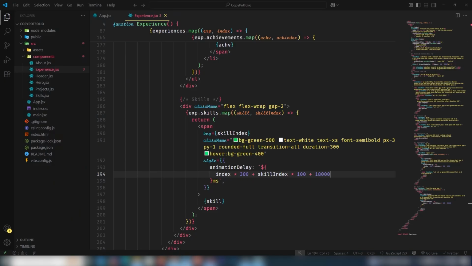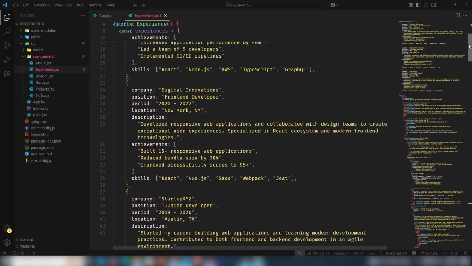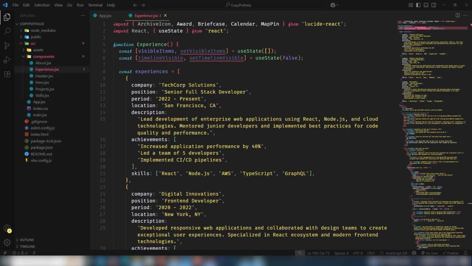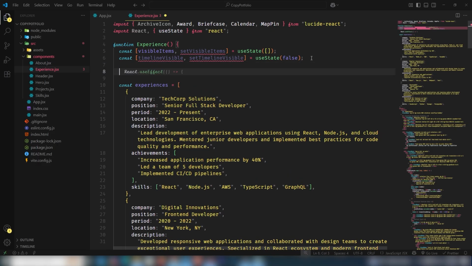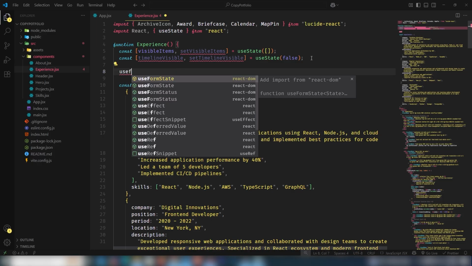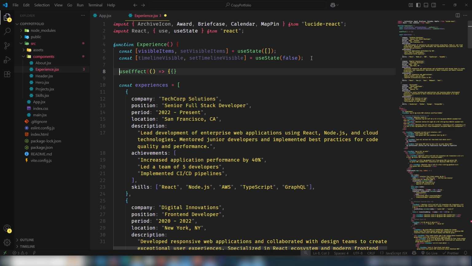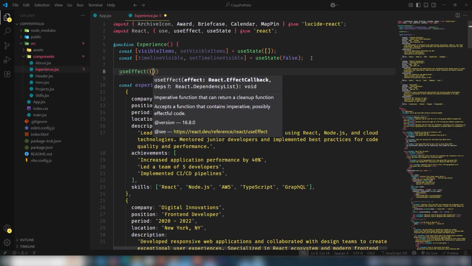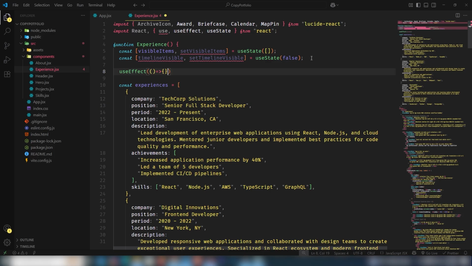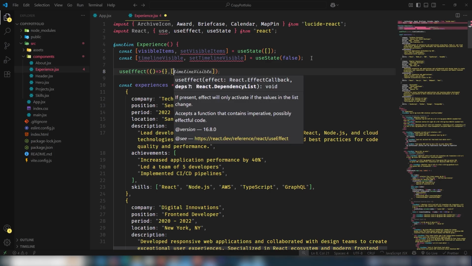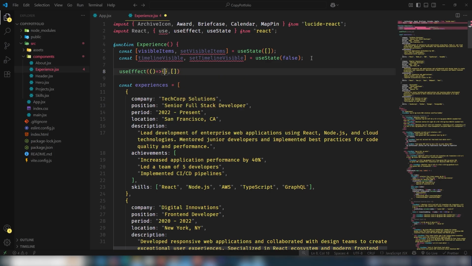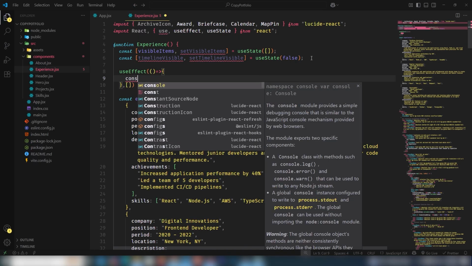But we need to add the logic. Okay, once we add the logic, when the page is loaded, then we will get the content. So let's do that. To add the logic, useEffect. I'm going to target the useEffect. Give me a second, I will use the useEffect manually, and just inside this one section I'm going to use const